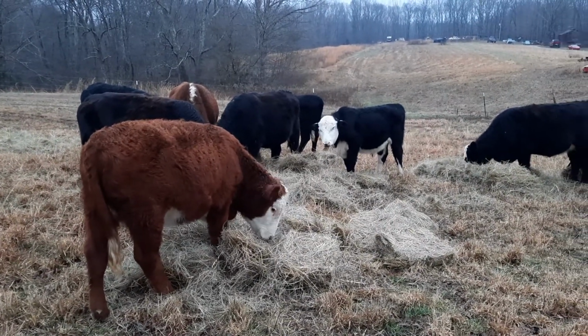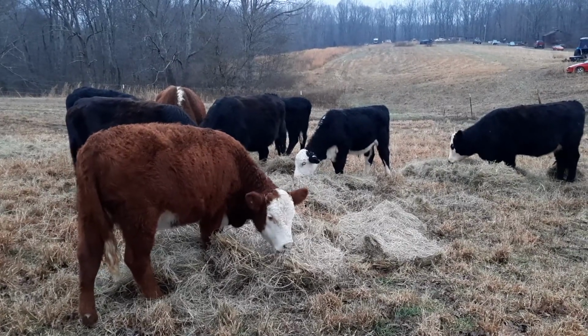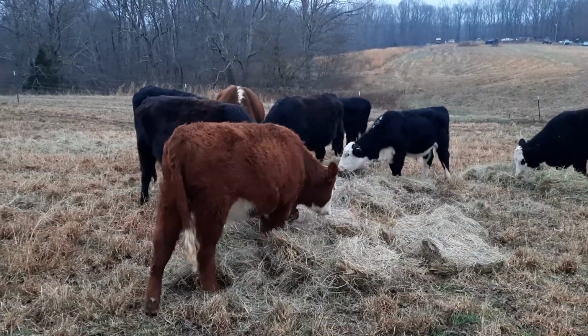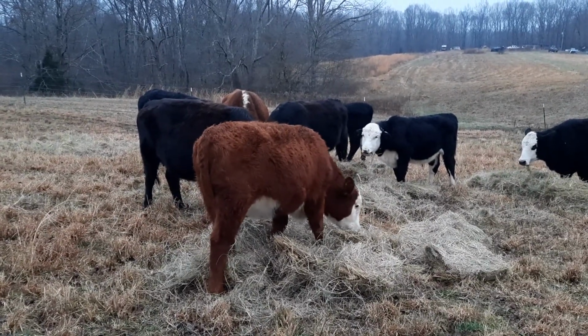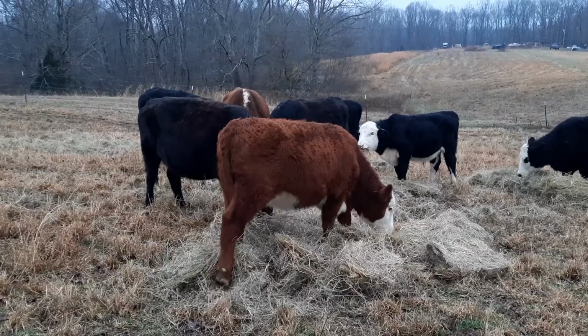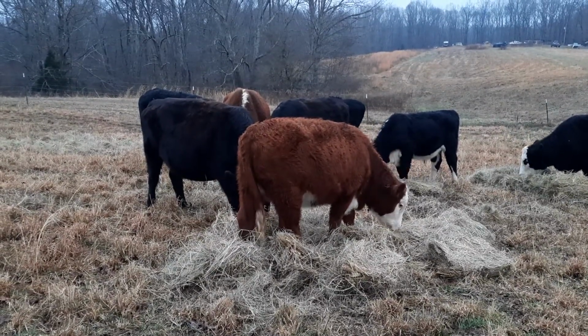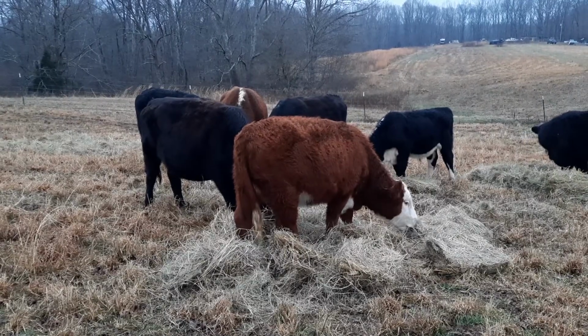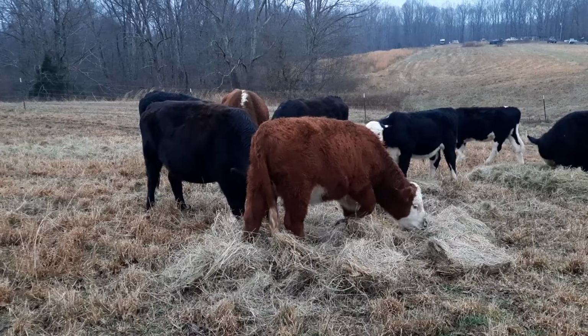Phone's not necessarily focusing in real good, but that little heifer there, she's a good one. She's a good one. I let them clean up a little bit of hay this week, and it shows a little bit, just a little bit in them,